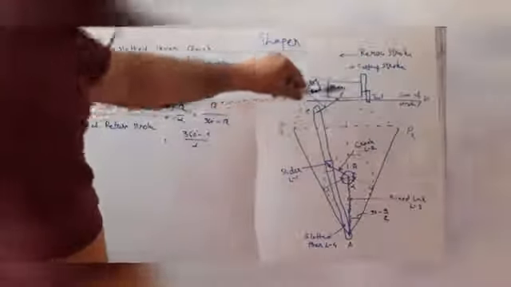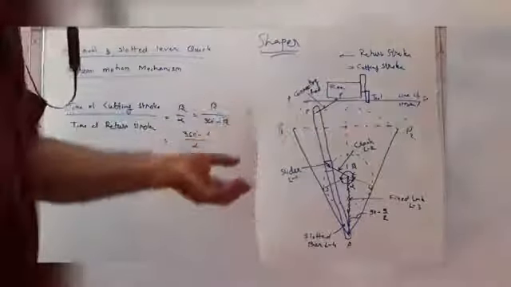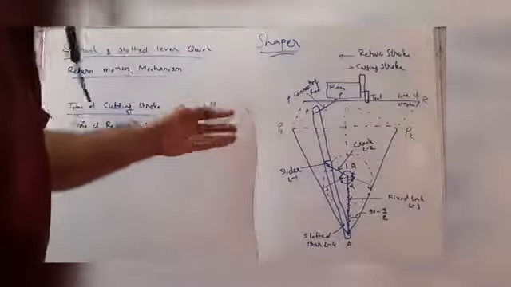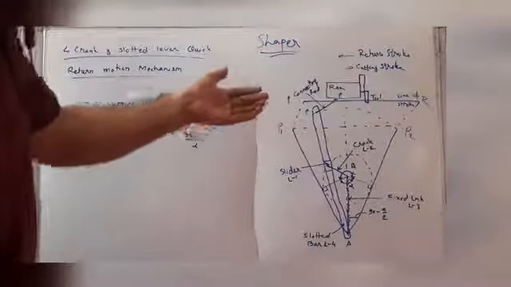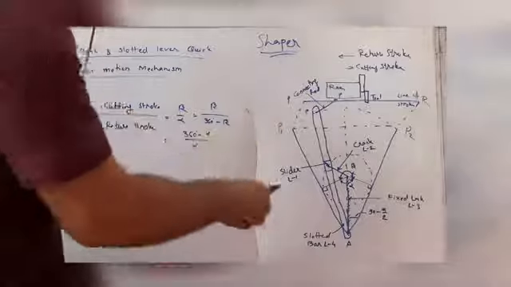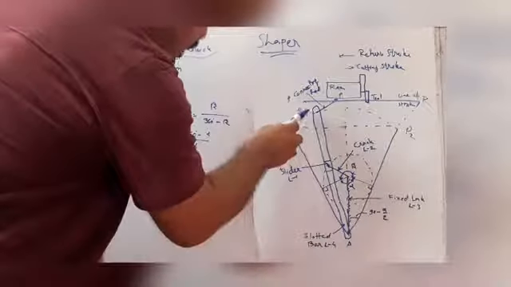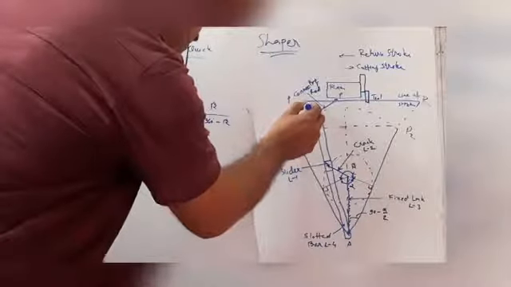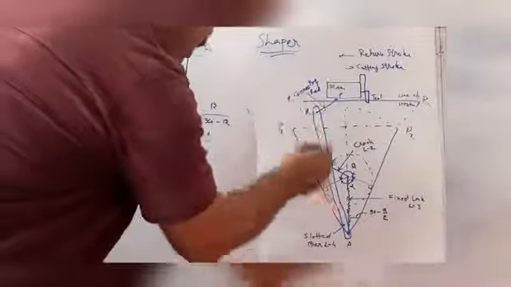After cutting, this second is the return stroke. Initially the cutting and return stroke take the same time. So for return stroke it is better to change the machine. For cutting stroke more time will be given and return stroke should be quick. So this type of quick return motion mechanism has been introduced here. Here A and this P, I have also written P, some X, you can see X. This P and X is a slotted lever. This one is slotted.